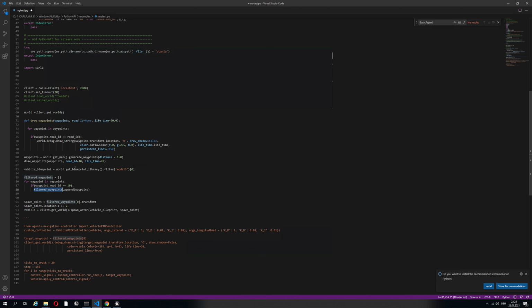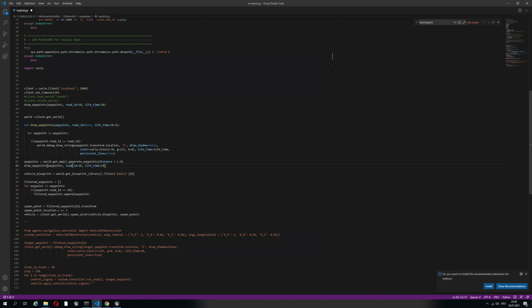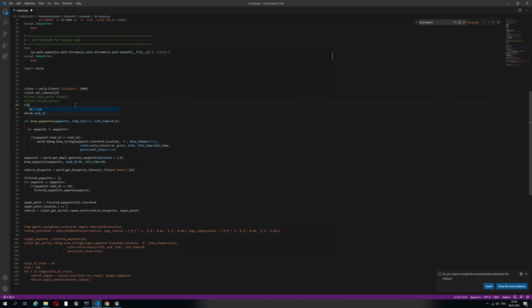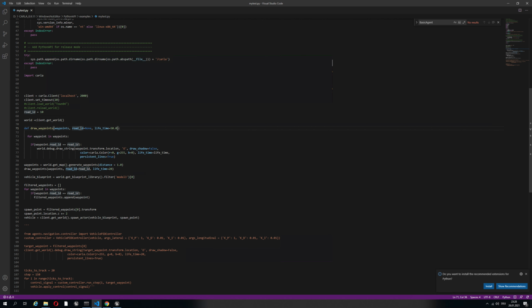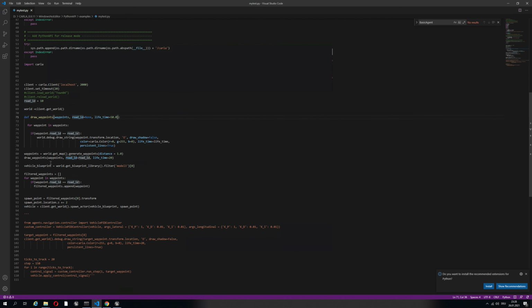Now this is not really practical, because you have 10 here, and if you make a mistake then it would be lost. So let me just write road ID, maybe 10, as a variable, and then put it here. Of course, you could also use it as a parsing argument later to be more efficient. So yeah, now here we are just adding the waypoints that belong to road ID 10